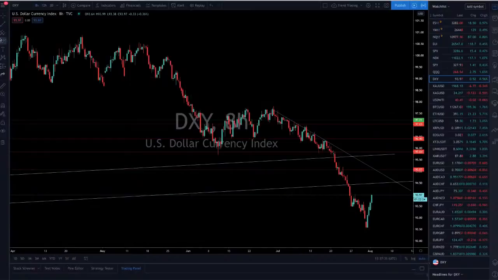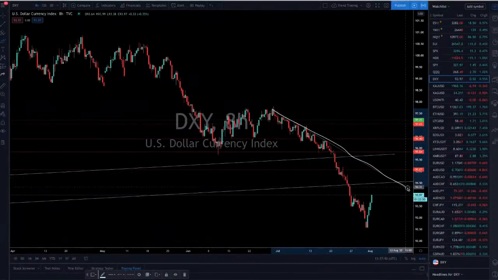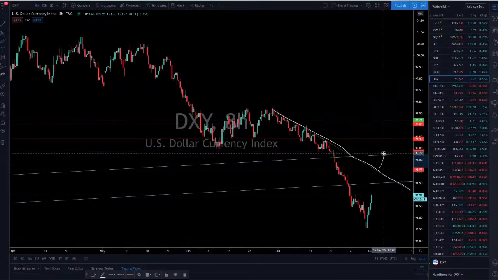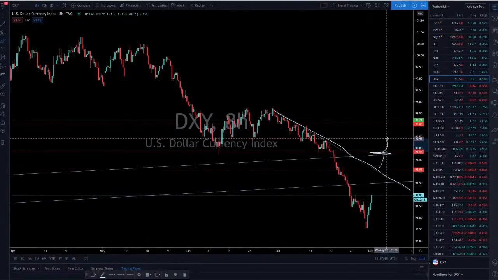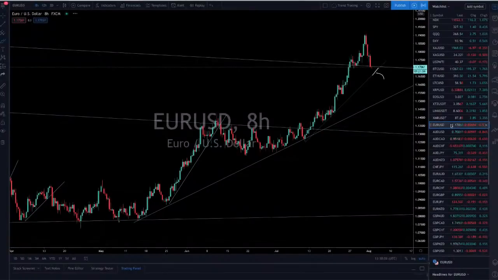Once you broke this trend line over here, I would be very cautious. I'll start being very cautious. I would then think that this has the potential to possibly break 95.84. And if we do, then at that point, we're no longer bearish on the dollar. All right. Does that mean that we're bullish? Not necessarily. So you have to look at the dollar as the base as we get into all the analysis